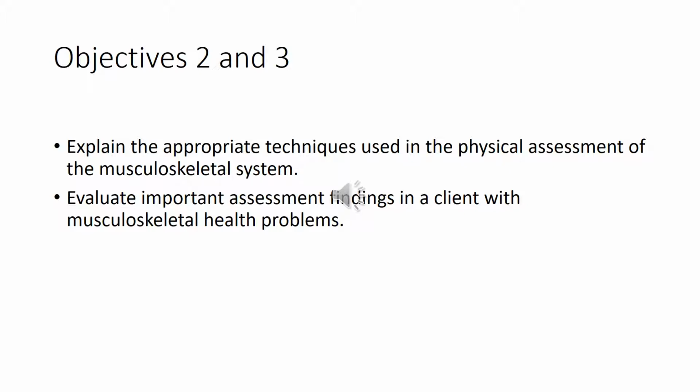You've all done a health history, but specifically with the musculoskeletal system, you want to know what are their usual daily activities, and do they have any difficulties performing these? And what do they do if they experience difficulty? You want to know the level of their performance of ADLs, like can they prepare meals for themselves? Can they do basic hygiene? Can they write with a utensil, use the phone,